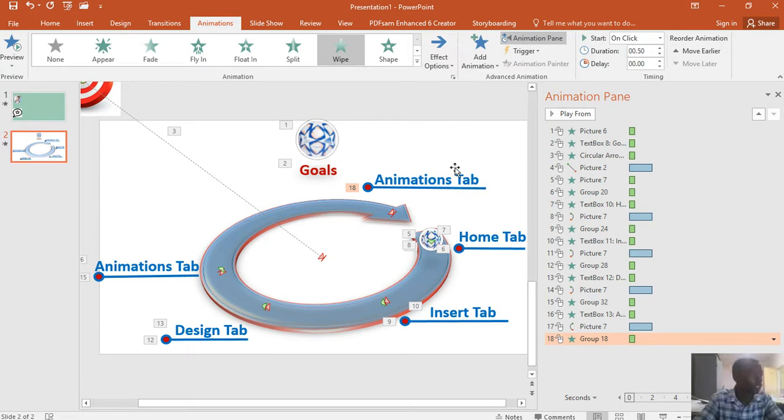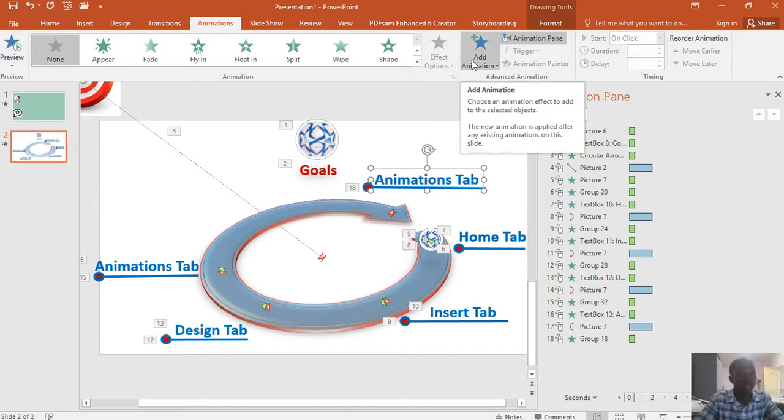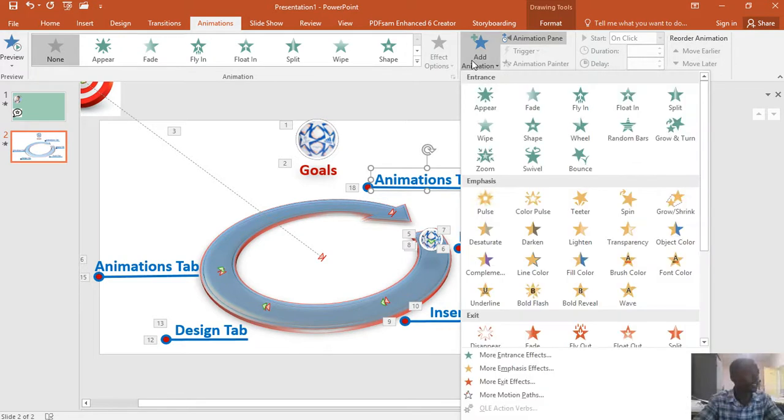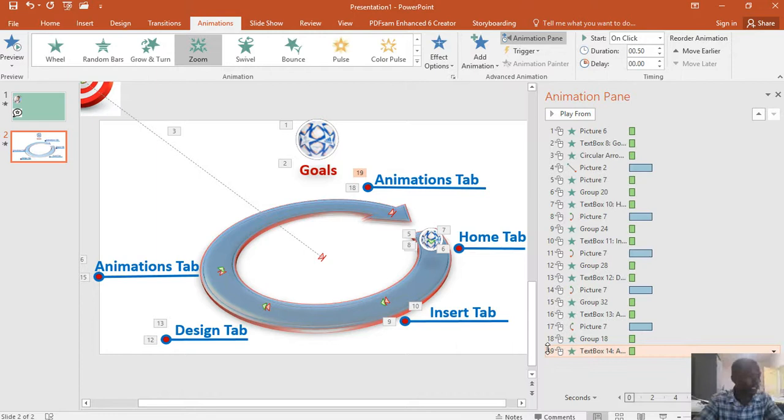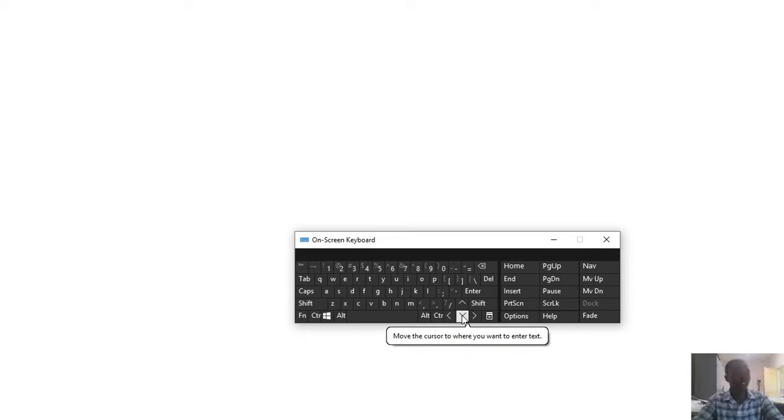So I think you now understand how to add animations and how to allow some objects to move in a specific or certain direction that you want. Right, I add animation here. I can say zoom. So there, you can see that if I test it, there's nothing on the slide, but when I click on next here, next, you will see that